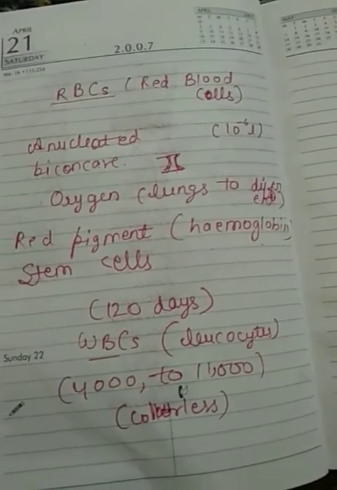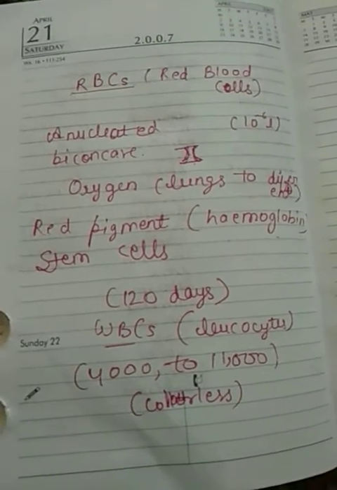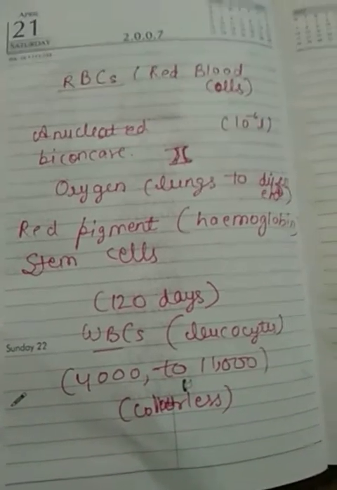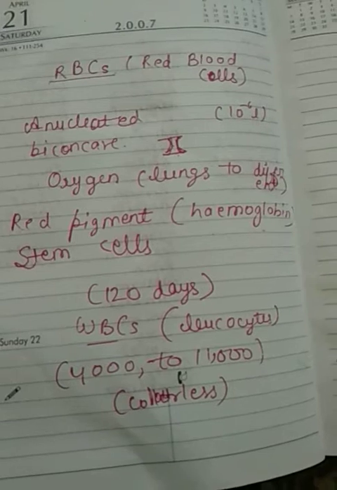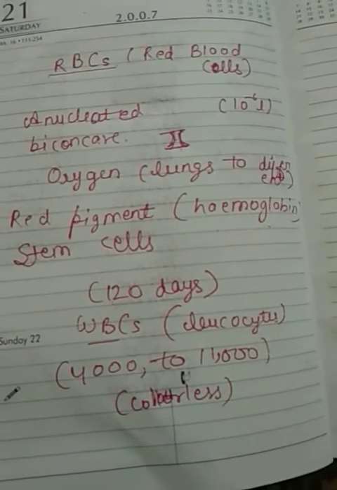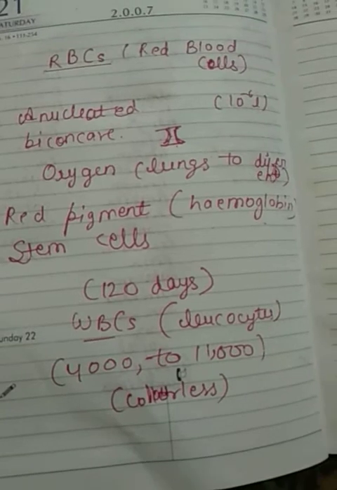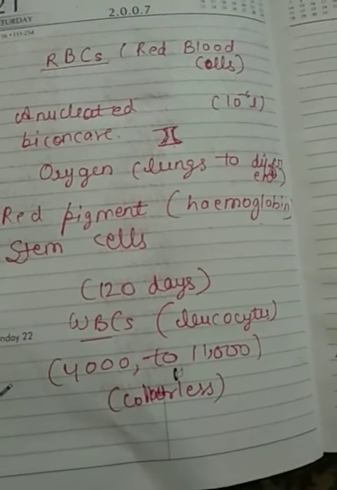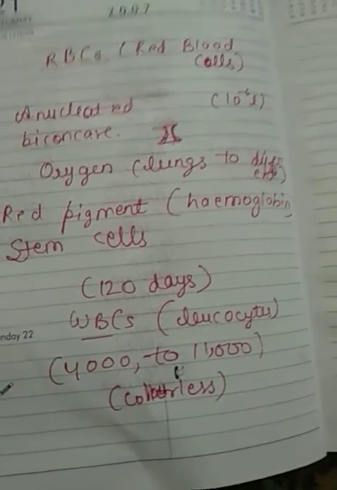Okay. Now these WBCs, another point to be noted here, even though they are a component of blood, they are also present in other parts of our body like the liver and lymph glands. So these are some other places where we can find WBC.